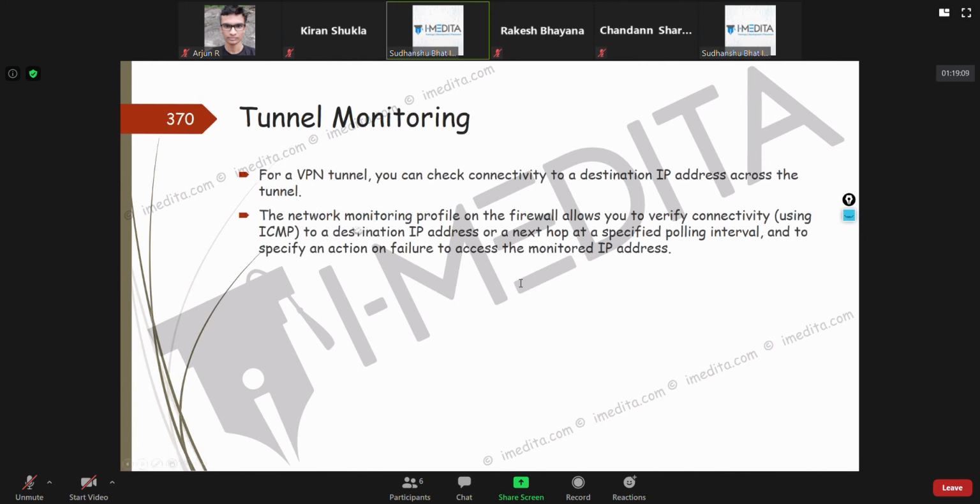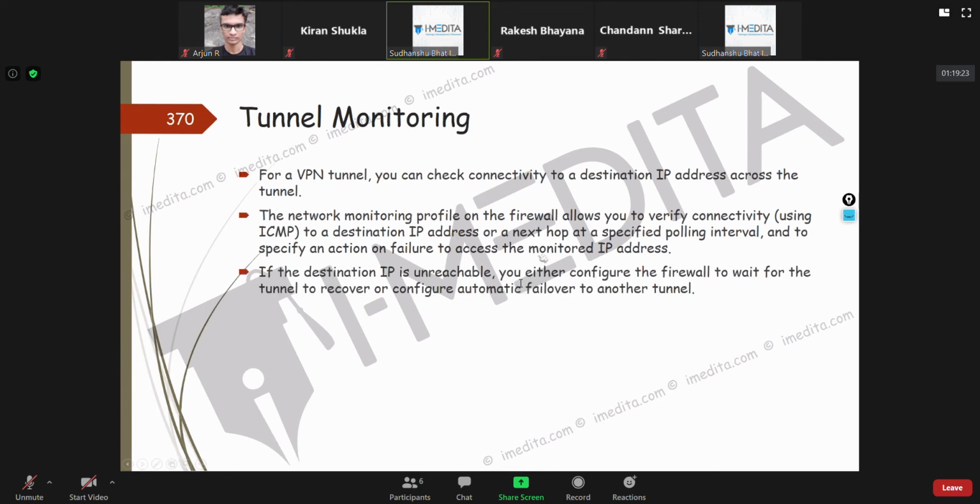So you can specify at what interval, how frequently you want it to ping the monitored IP address. If the destination IP is unreachable, the firewall will wait for the tunnel to recover or configure automatic failover to another tunnel.